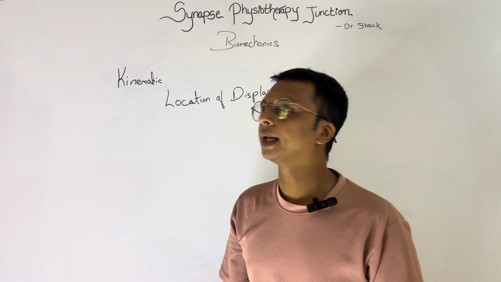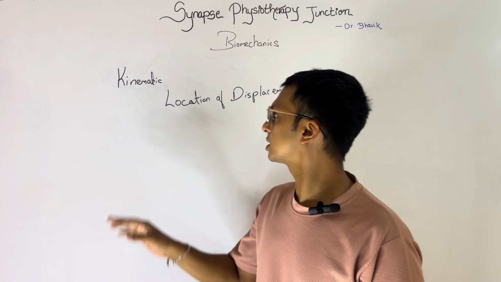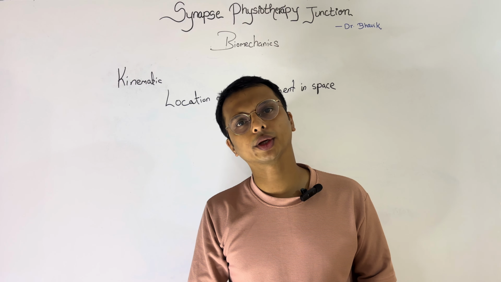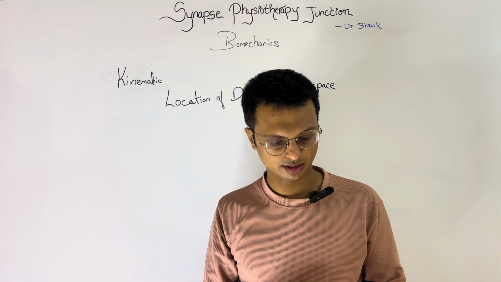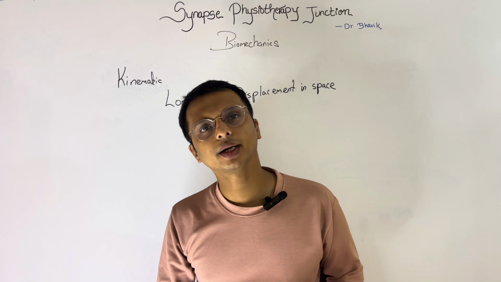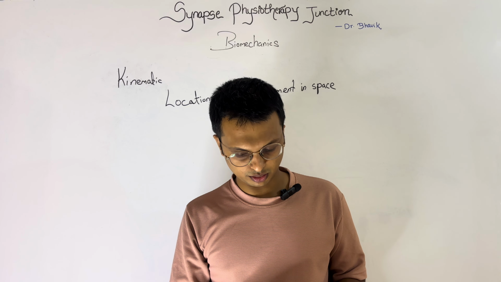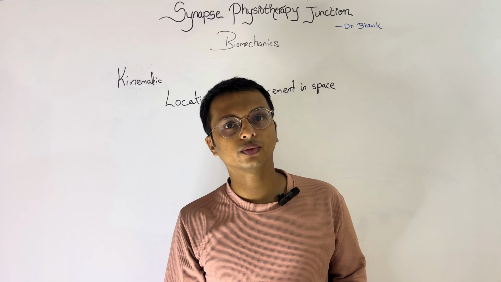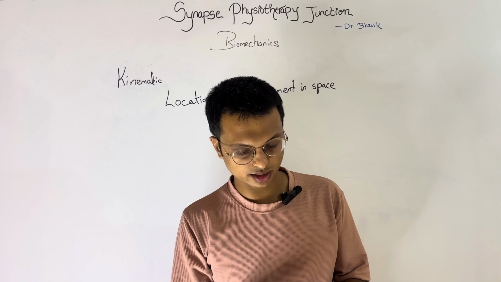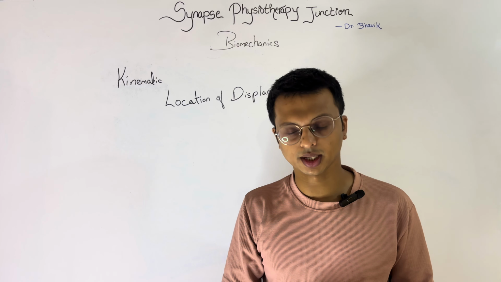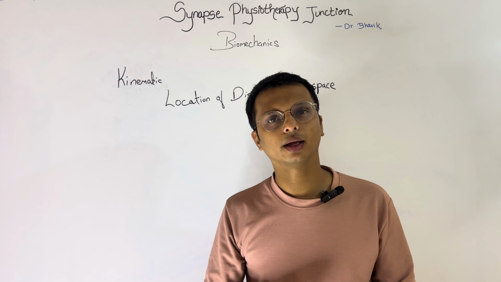Today we are covering the kinematic second variable, that is location of displacement in space. So whenever we are talking about location of displacement in space, we are talking about axis and the planes. It is derived from the mathematical concept called Cartesian coordinate system. So the origin of x, y and z axis is center of mass, which is located at the center of